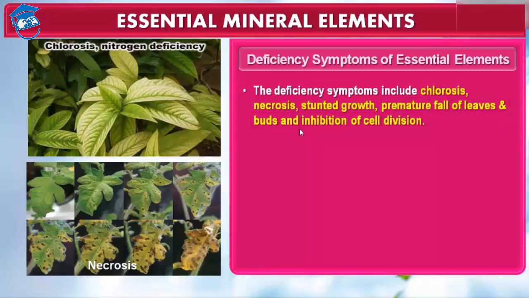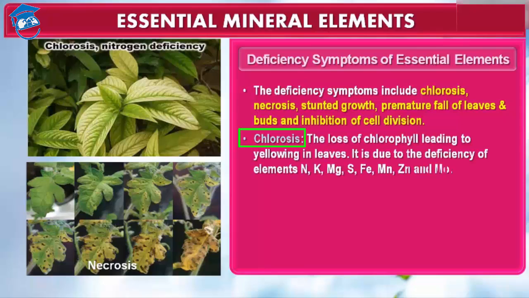Chlorosis means yellowing of the leaf. The loss of chlorophyll leads to yellowing in the leaf. It is due to the deficiency of elements such as nitrogen, potassium, magnesium, sulfur, iron, manganese, zinc and molybdenum. As we know, molybdenum is a component of chlorophyll, so when the chlorophyll gets lost, then chlorosis takes